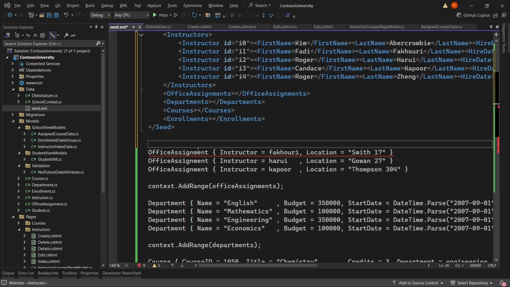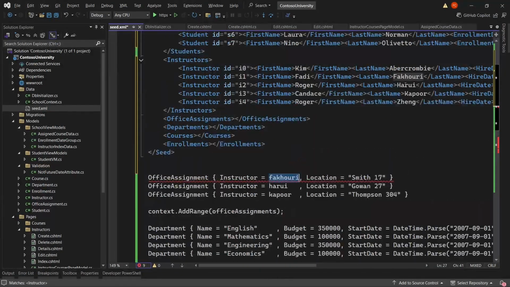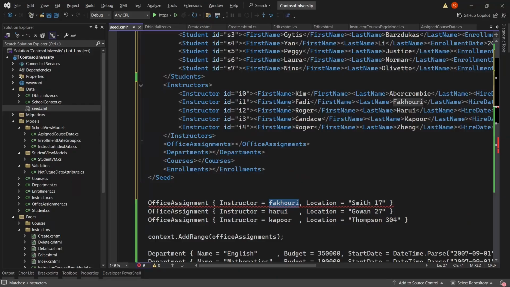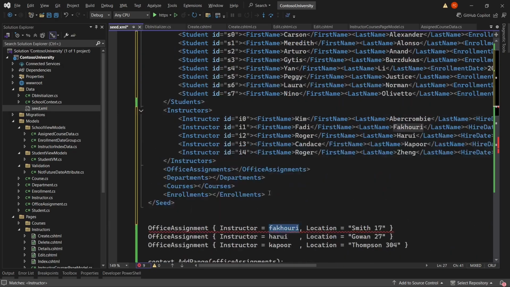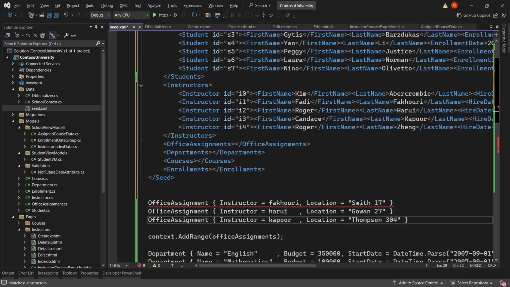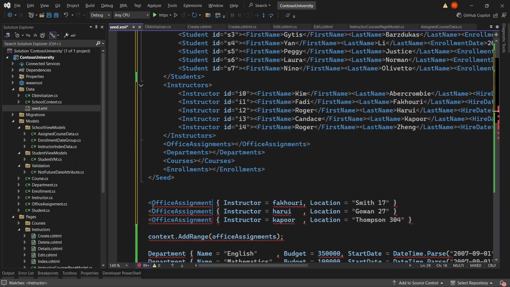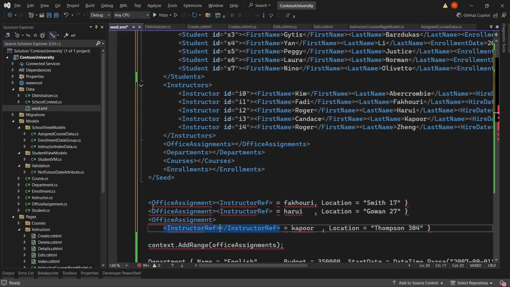So for this one, we have Fukuri, who has, we're going to call this an instructor reference, and the way that we're going to represent these is, let's just set it up as we need to, and then Control Z again, and then for the instructors, we're going to call this instructor ref for reference. Control Z,